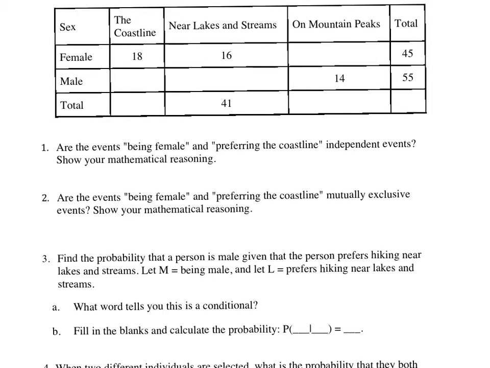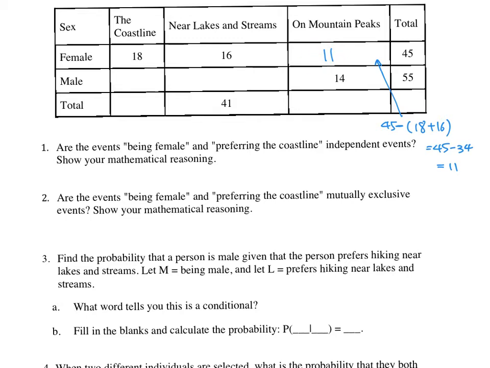First thing I notice is that I have a bunch of missing spots. So I'm going to try to figure out how to fill those numbers in. Let's look at the female section, the row. I notice the total is 45. And then the first two spaces I have 18 and 16, and I know that they have to add up to 45. So in order to calculate this part, I'll do 45 minus 18 plus 16. So it'll be 45 minus 34. That means there must be 11 people there. So I'm going to get 11, making sure that I added it correctly.